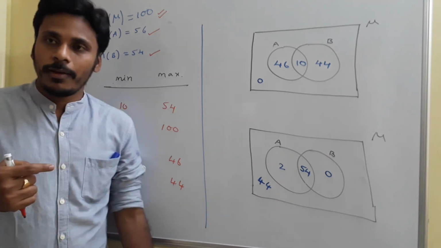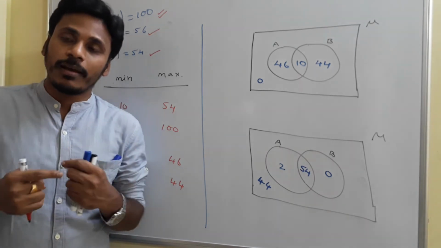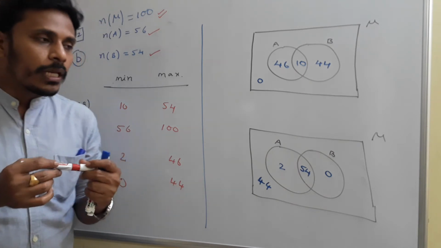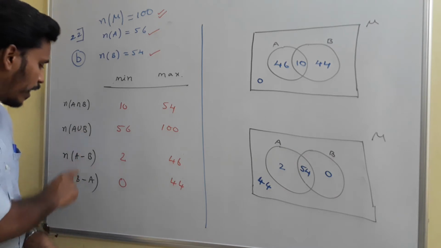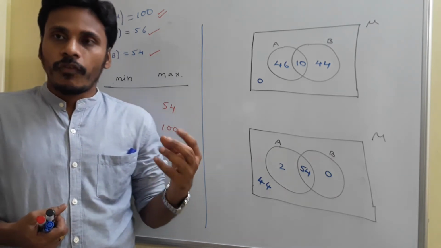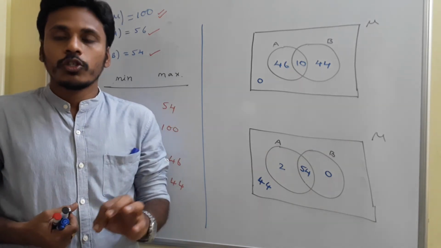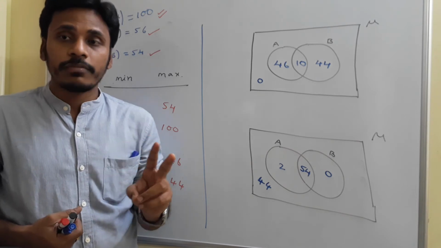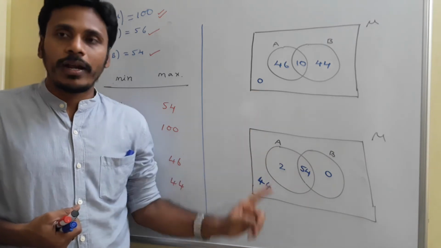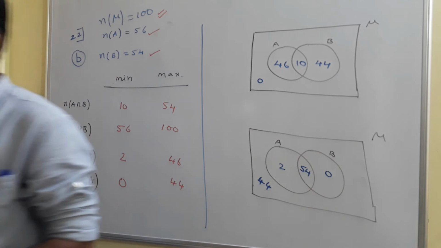You need to think, okay? Just listen and then analyze, just think about it, then it will give you a clear idea, right? So to find minimum and maximum possibilities for these numbers, you need to start your analysis from the minimum and maximum possible value of n of A intersection B. So based on that, you need to sketch two Venn diagrams. We usually call them extreme Venn diagrams. And from those two Venn diagrams, we will find all these minimum and maximum possible values. Okay, just have a look.